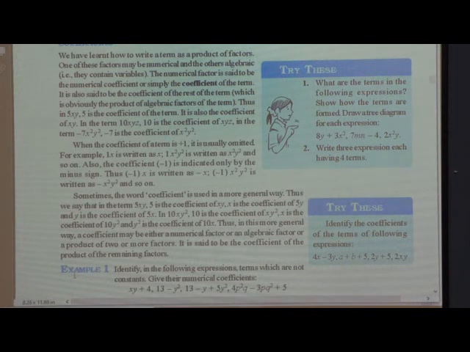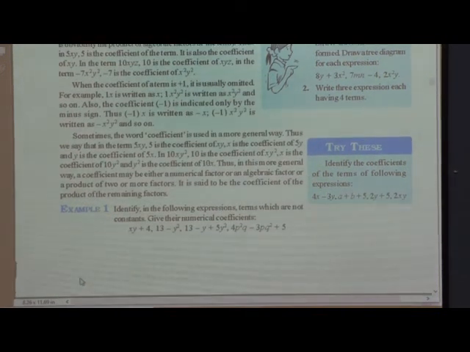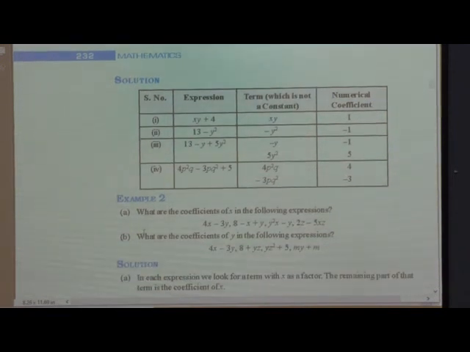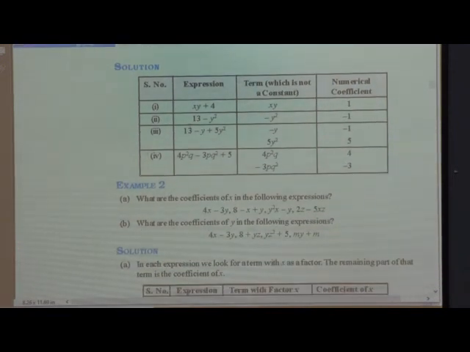We will see some examples of these coefficients, so it will be easier to understand how to write a coefficient. Here we have some expressions. What are the expressions given? A list is given to us. Now we have to find the terms which are not constants. We do not have to write any constant in this. Now you know what a constant is, and the numerical coefficient. Now you know what the coefficient is and how to write a coefficient. I told you when it is xy, we don't write 1xy.